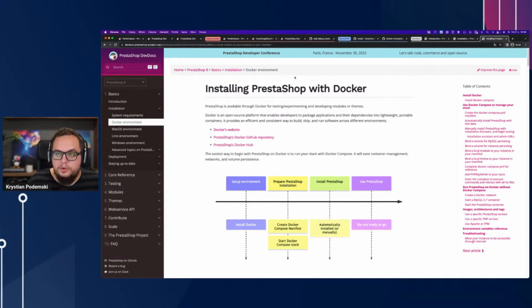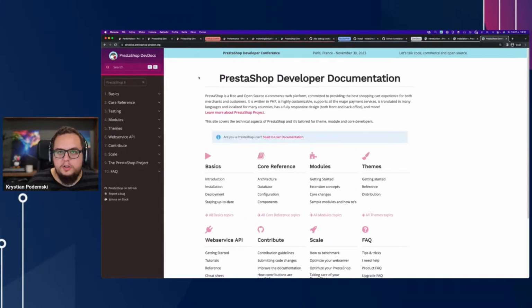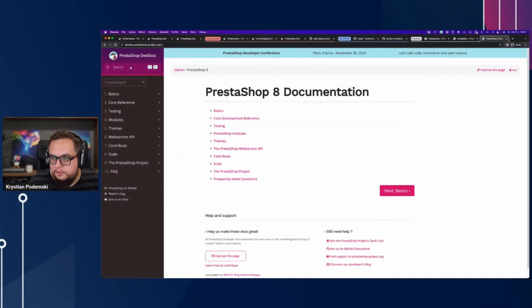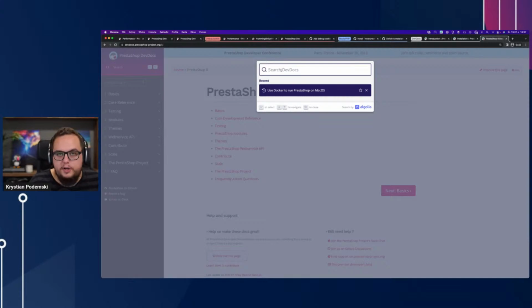The last thing I would like to show you today is also regarding the developer documentation. We constantly try to improve the search feature, because this is probably the first thing a developer does when it comes to the documentation: they try to find the content they are looking for. So we added a new feature for when you search for something that doesn't exist in the version you are browsing. For example, if I switch to PrestaShop 8, open the search bar, and search for lazy RI, let's say,